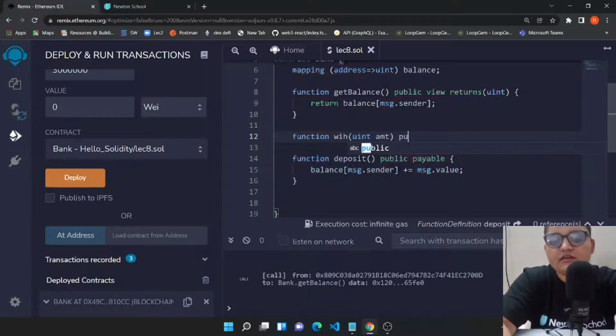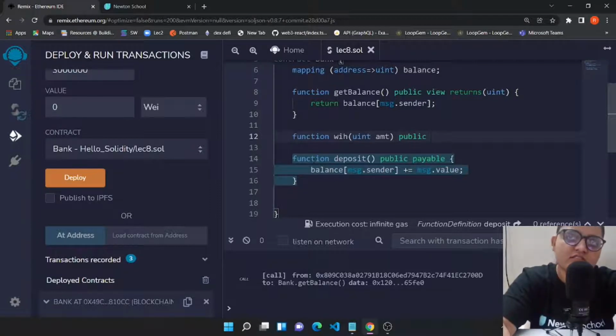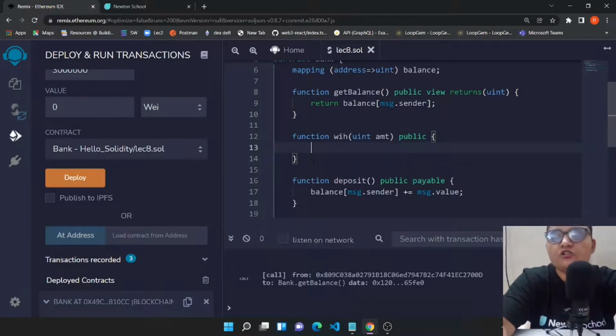And this is a public function so that anyone could call it, and it will not be returning anything or having any special conditions, so we can carry forward.